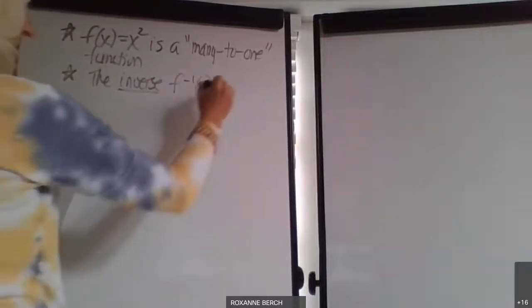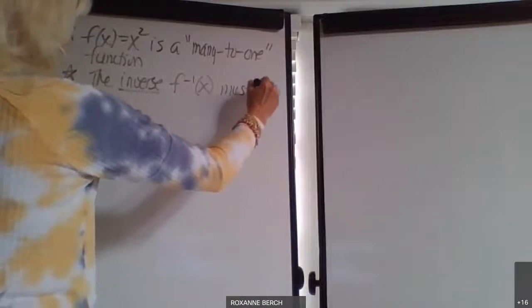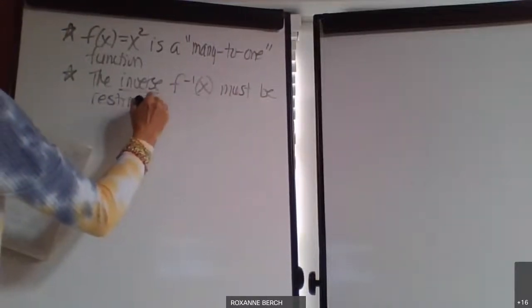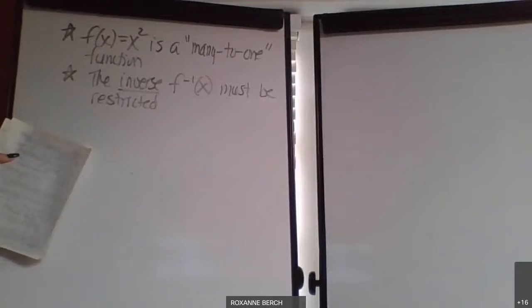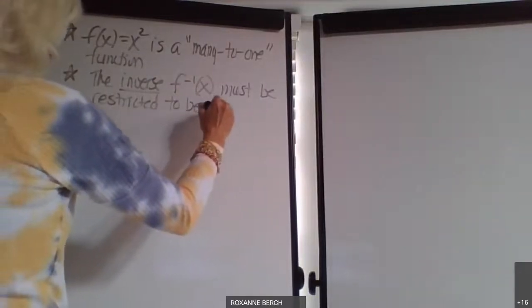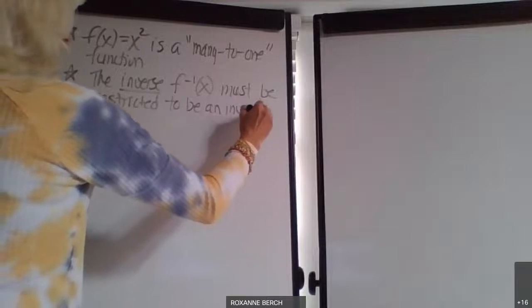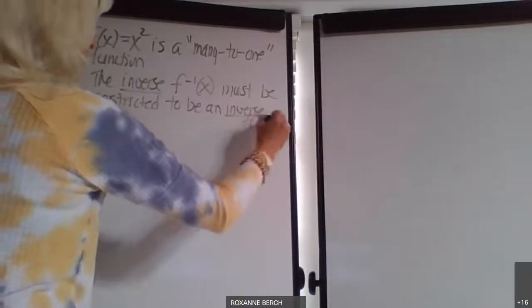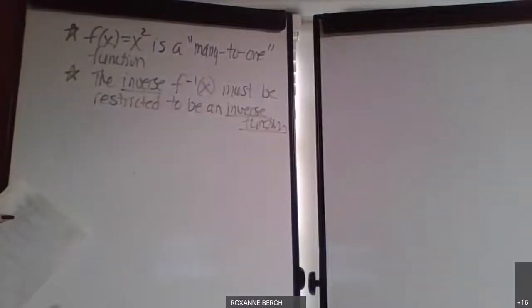The inverse must be restricted to be an inverse function, because like I just showed you, if it's not restricted, it's going to fail the vertical line test. And then finally,